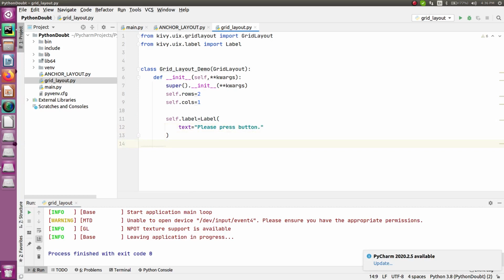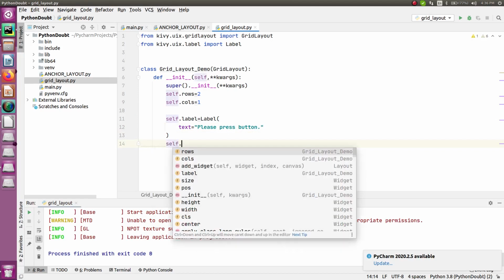And just for checking purposes, let me run up to this part only. But before that, you have to add this widget inside the layout, and the layout which I am using is the grid layout. So I will be adding that to the grid layout, and in our case we can directly use self, just because I have already inherited the grid layout with my current class.